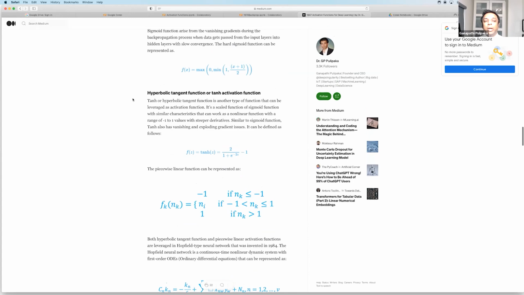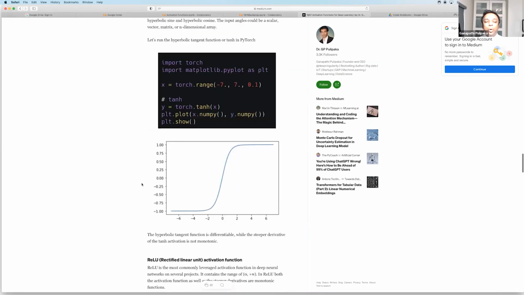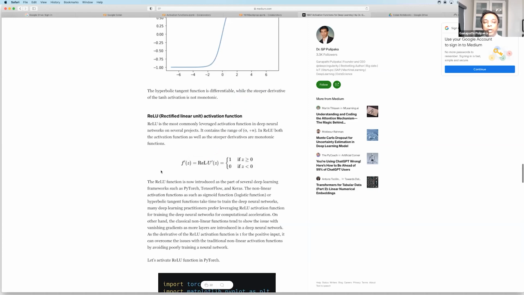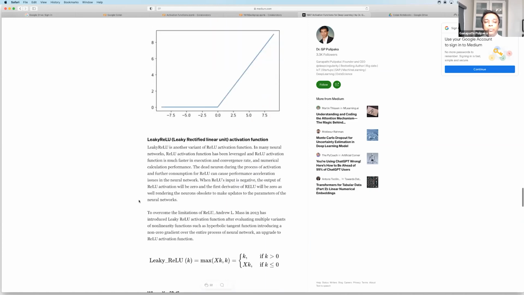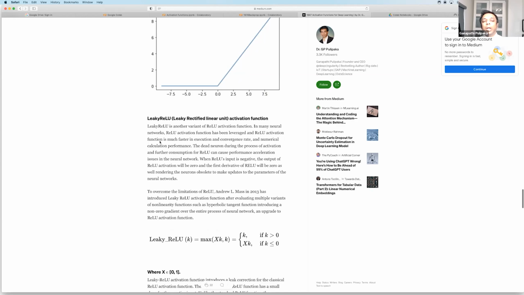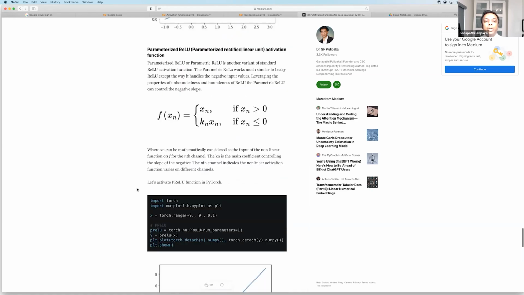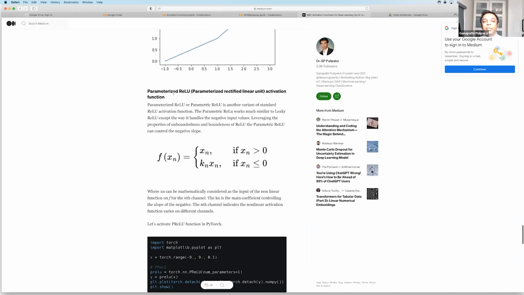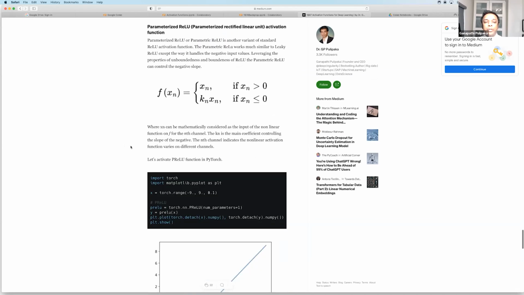You can apply the hyperbolic tangent function, or tanh activation function, or ReLU, the rectified linear activation function, or leaky ReLU, or a parameterized ReLU activation function.